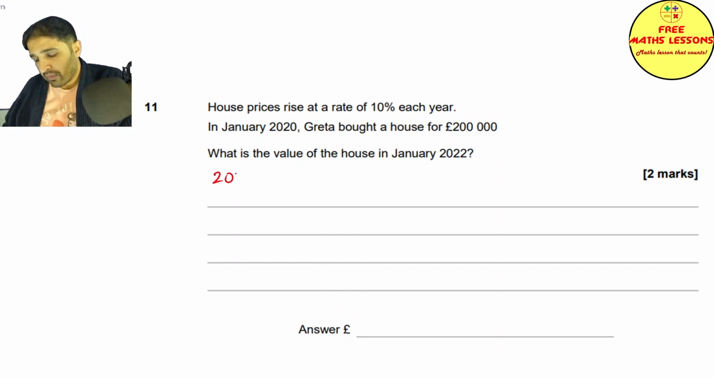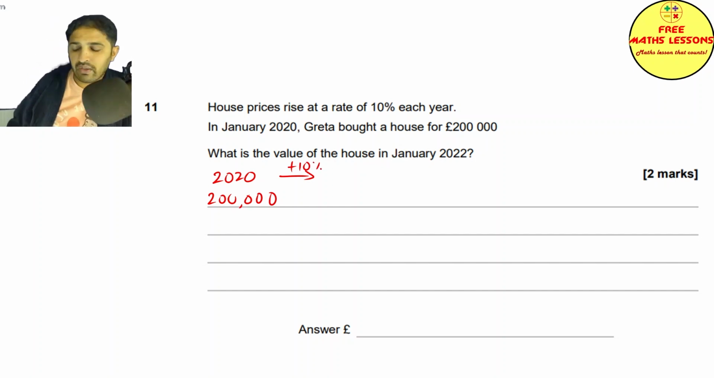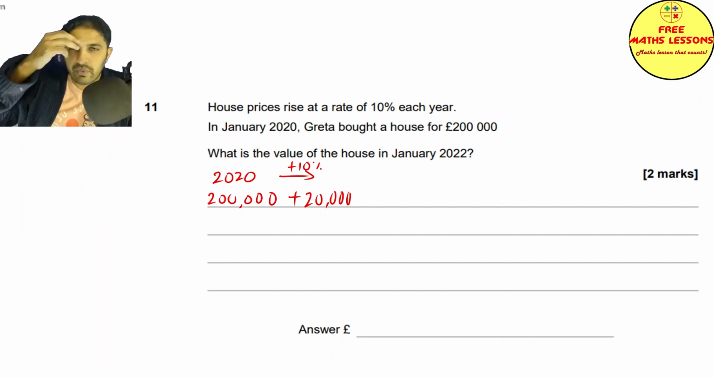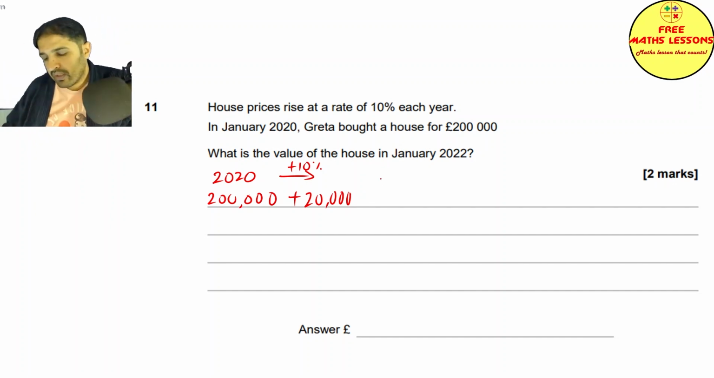So we're going to work out the value in 2020, which is 200,000. Then you add 10%. So work out 10% of 200,000. 10% of 200,000 is 20,000. So we're going to add 20,000. That's pretty straightforward. You're losing a 0. Divide by 10 and you get 10%. So in 2021, our value is